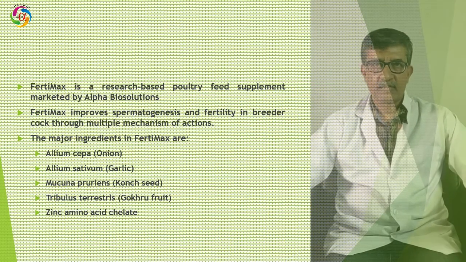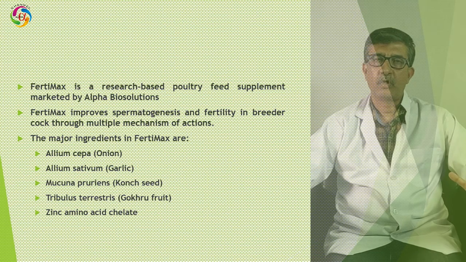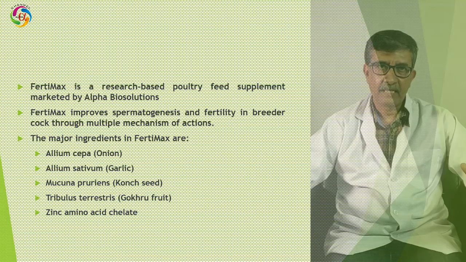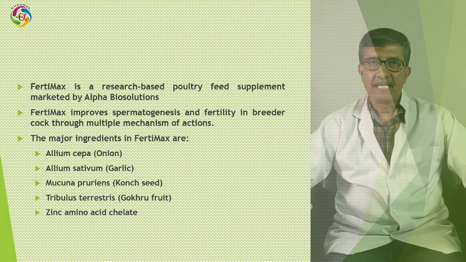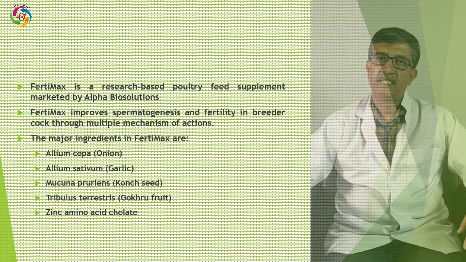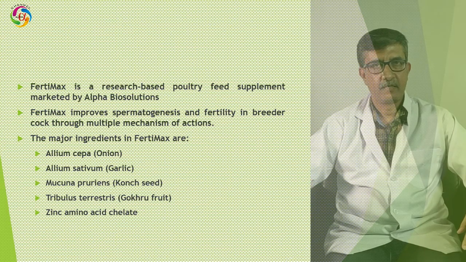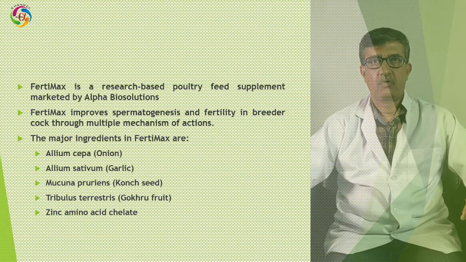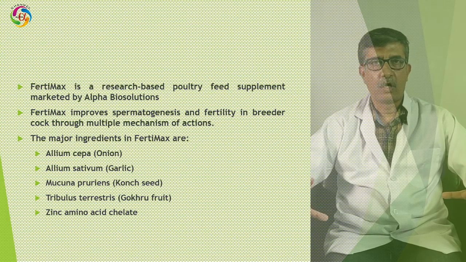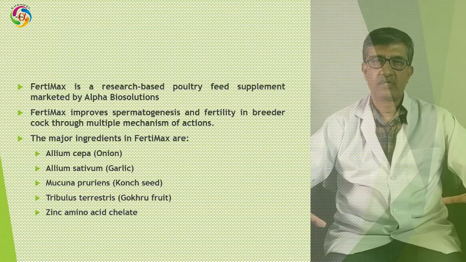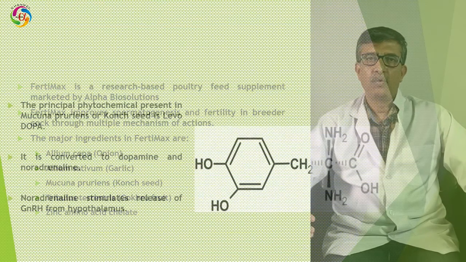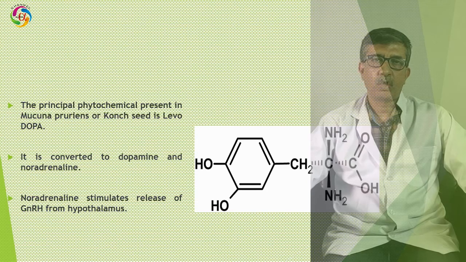fertility in breeder birds. If we look at the composition or content of Fertimax, we will find that it contains Allium cepa or onion, Allium sativum or garlic, Mucuna pruriens or corn seed, Tribulus terrestris or gokru, and zinc in glycine chelated form. These are the major components of Fertimax which cause its pharmacological effect. Now, we are coming one by one. First, we will talk about Mucuna pruriens or